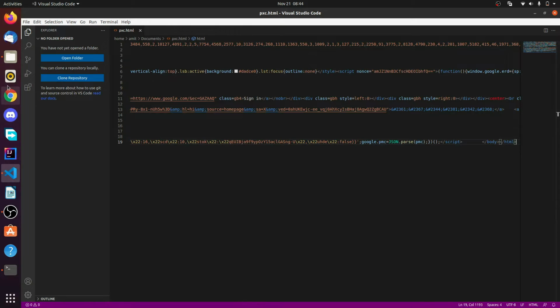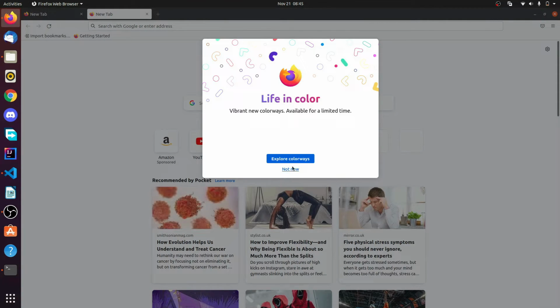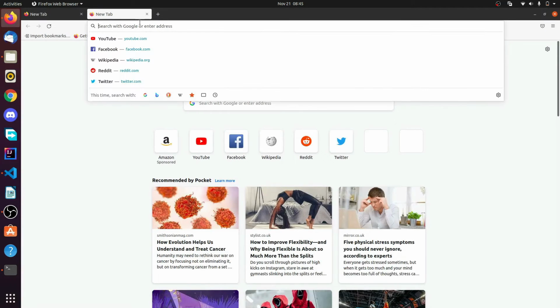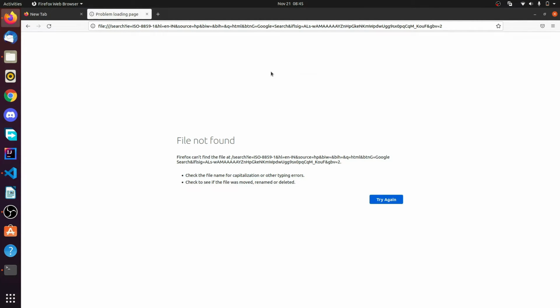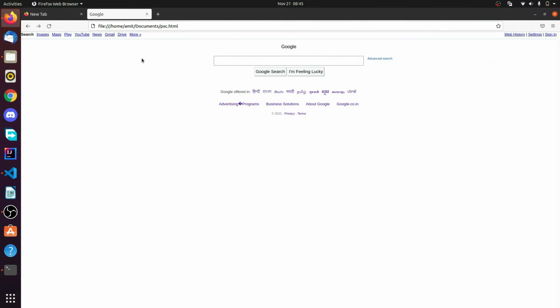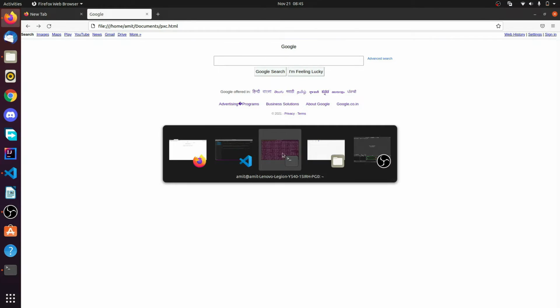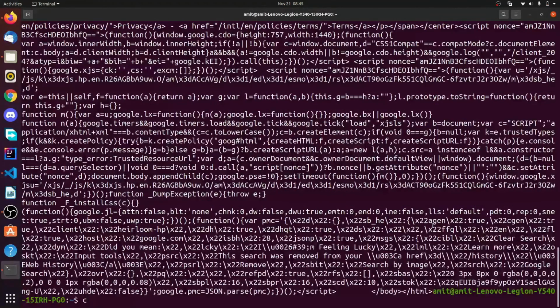We'll go to the browser and paste it here. So you can see that all the images have been trimmed, but the basic skeleton of a web page is shown. And the fun fact is that you can search anything through this. For example, HTML. Now click on Google search, and okay, no, you cannot search, but you will get the web page structure which you want. The images and all you can add manually as well, that's not a big deal. Now again we'll type clear to clear this.